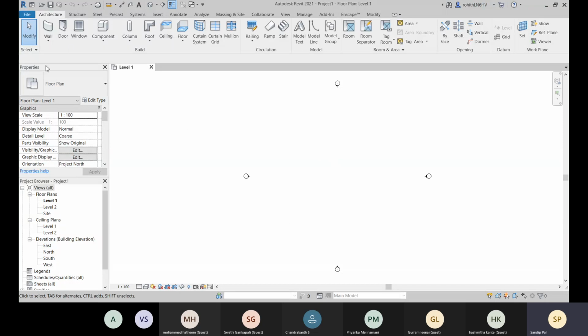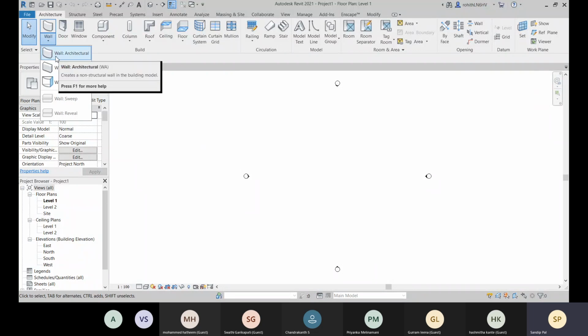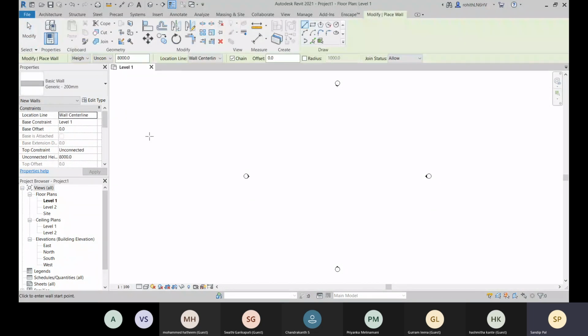Okay, so let's start with. Now let me just go through about the wall again. About wall, let me tell you the basic things about wall first. That we have three different types of wall. For wall only, okay. I'm not going about curtain wall. For the wall, we have generic wall, okay, and we have compound wall, and we have stacked wall, okay. So let me show you that within this wall architecture.